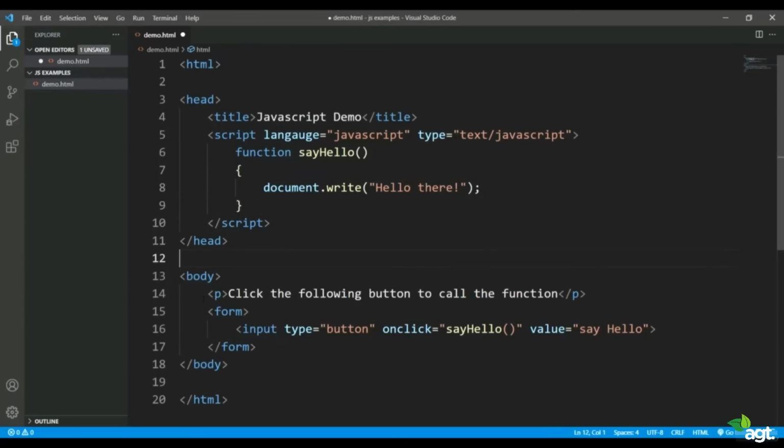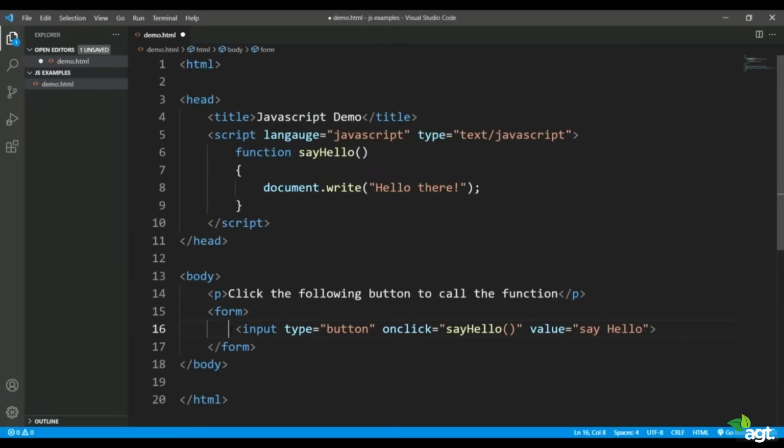Now let's come to the body, and you see, without using the script tag I can call this particular function. How? There's a button for which I have used the input tag of HTML. Type is equal to button, value is equal to say hello, onclick. This is nothing but the event on which I am invoking the function. In this particular example, I will only take care of the onclick event. In our next video, we will cover some more events that can be used for calling the various functions of